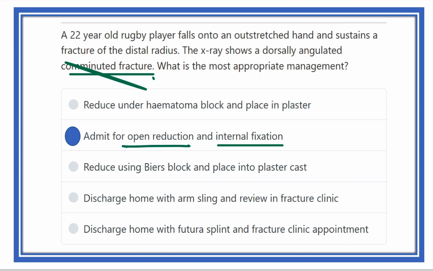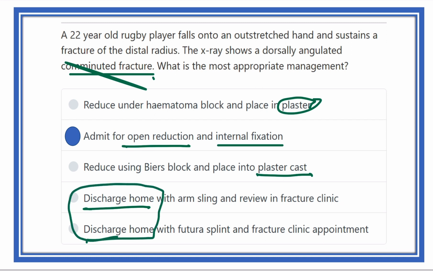The other options, such as plaster, usually cannot reposition the fracture, and Bier's block with plaster cast has the same problem. There is no chance of discharge home, because this is a comminuted fracture, that means a multiple fracture. So we have to admit the patient for operation, which is open reduction and